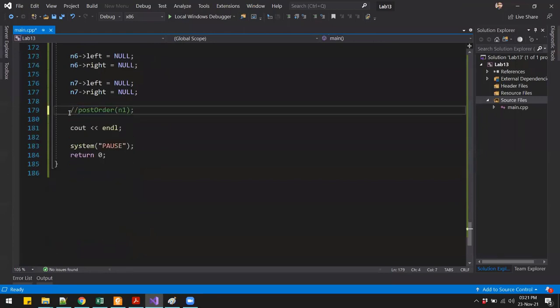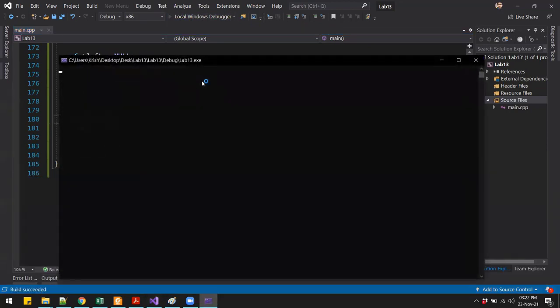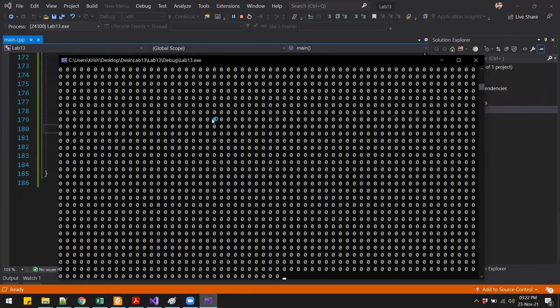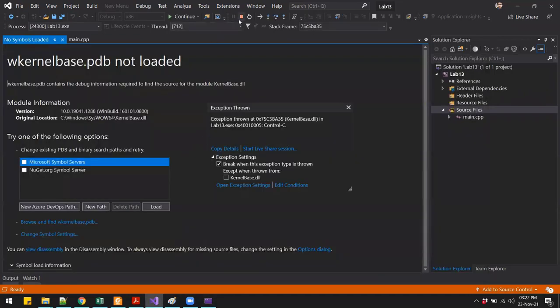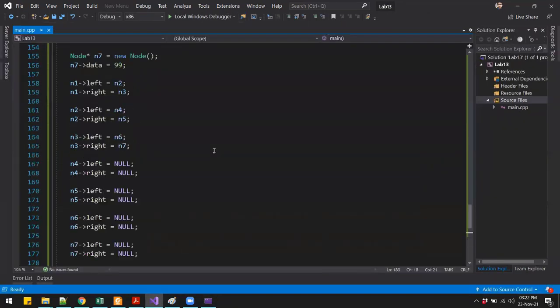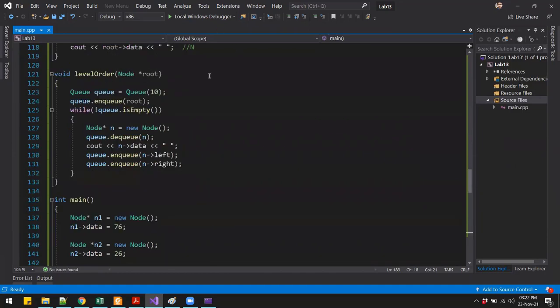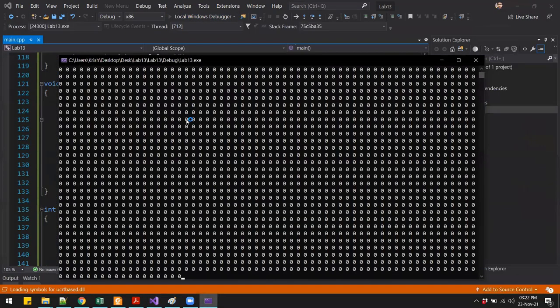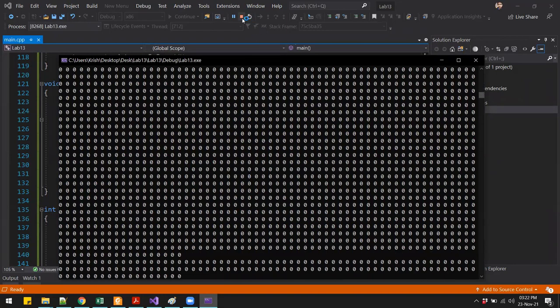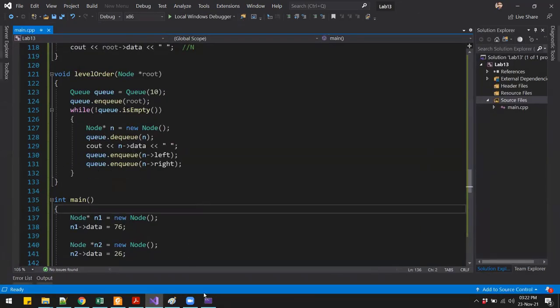So let's call the level order traversal, and here we will pass the root node. There is an infinite loop, so let's terminate and see what the issue is. When I run this code, we get an infinite loop. I'll stop the code, and the issue here is that we are not checking for nulls.